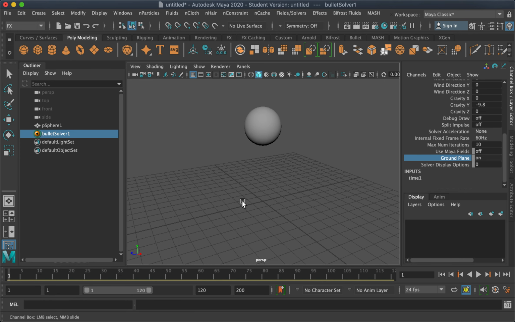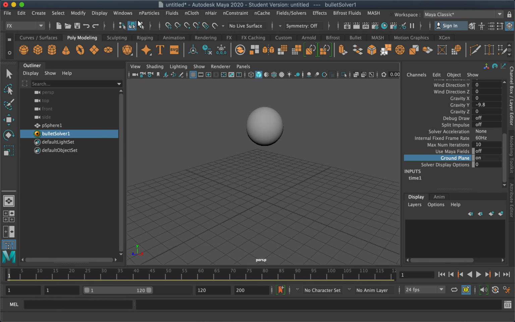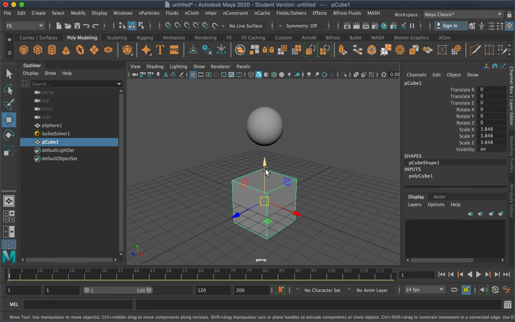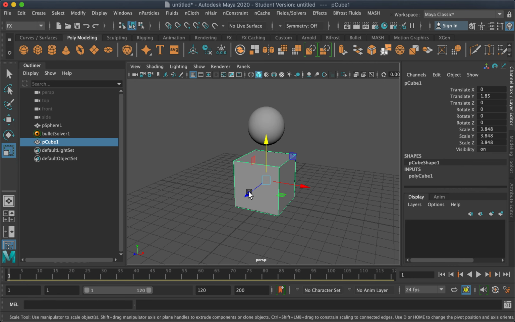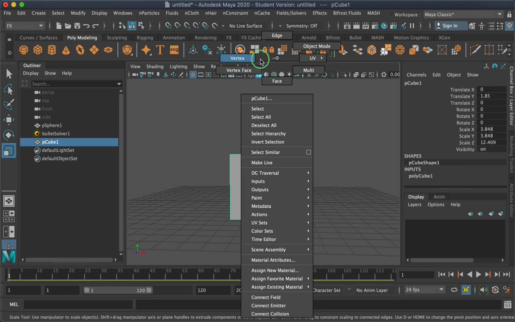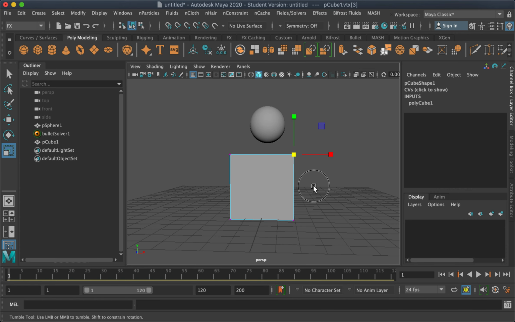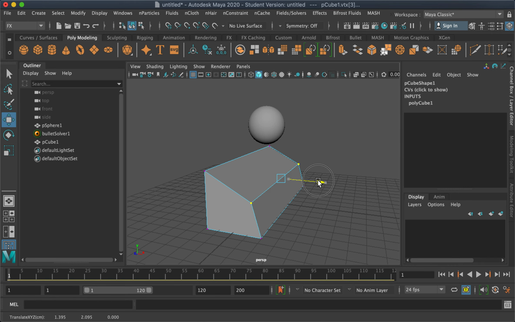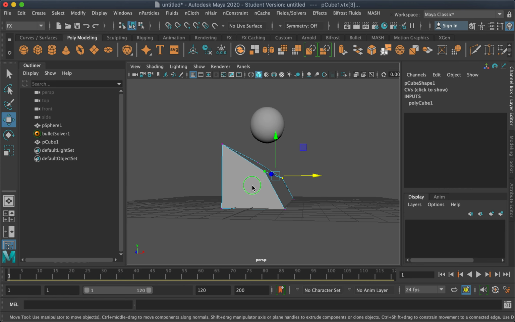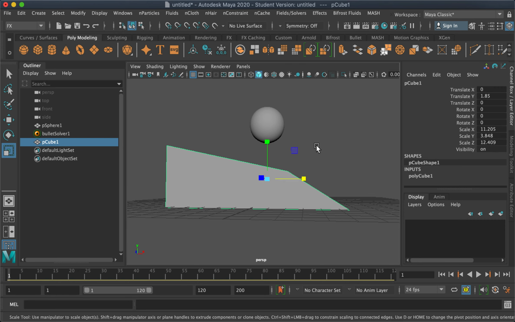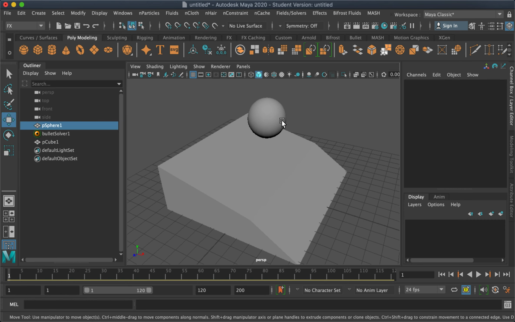So what is a passive rigid body? If, for example, you want to create a slide, I'll just make this slant, and let's say this is a ramp or a slide.